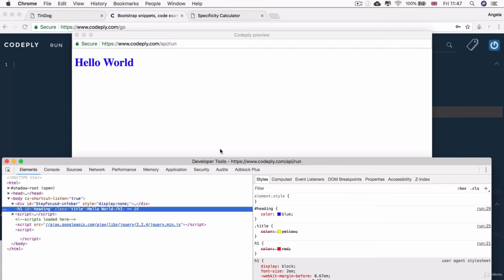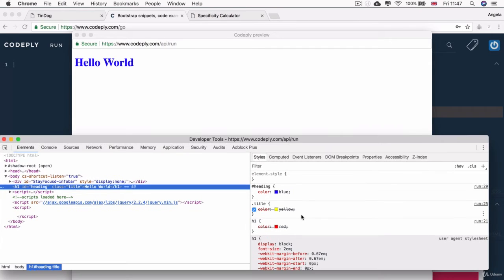And if we take a look at the Chrome developer tools over here, you can see that all our colors are being applied, but they're just being overridden by something with a higher priority. So that means that if this color change wasn't applied in the ID, so if we deleted this line of code, then it would go to the next highest priority CSS rule, which is the class, and finally it would